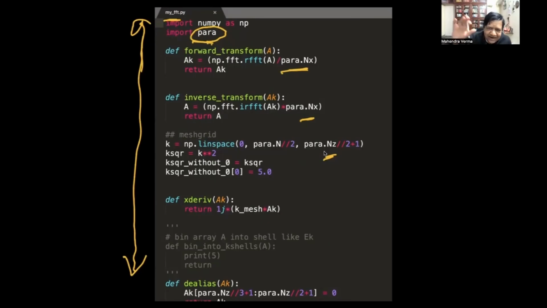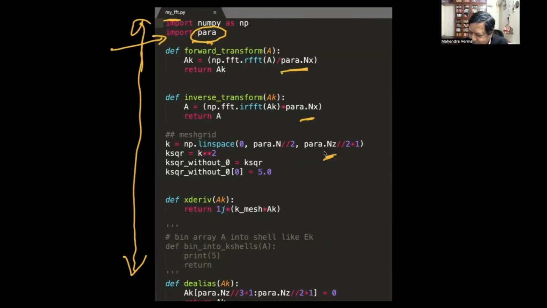I don't want to write everything in one file and get confused. Normally, if some user does not want to look at my code and figure out how it is being solved, and is just interested in putting in the parameters and running it, great. You look at the parameter file, change it for your needs, run the code, and get the output. That is why we want this parameter file to be separated out.